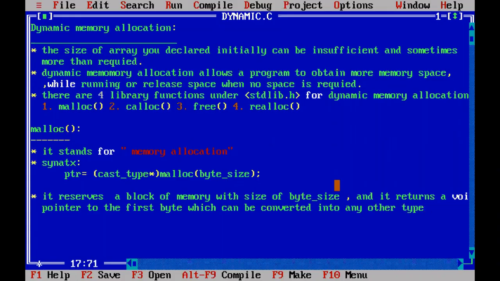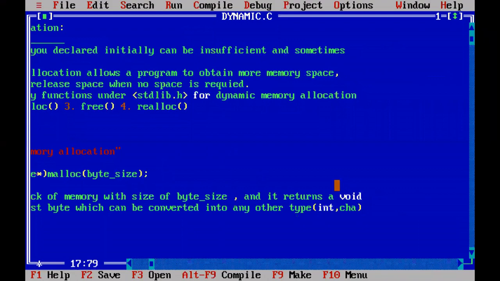That means you can convert the void pointer into the integer type pointer, into character type pointer, or into any other type pointers you can convert.